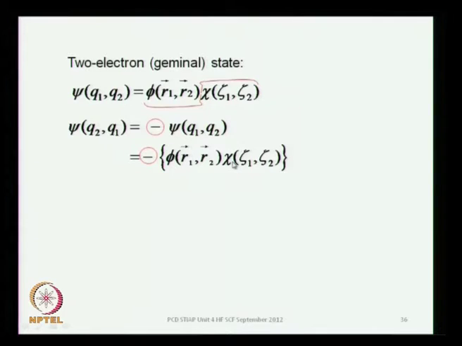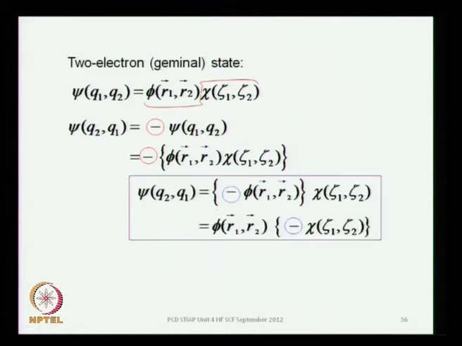So, this becomes minus of psi q1 q2, but this minus sign can be associated with phi or with chi. You can have minus phi times plus chi or plus phi times minus chi. There are 2 possibilities and both are consistent with the antisymmetry of the wave function, either of them, right. So, the question is which part, space part or the spin part, is antisymmetric and